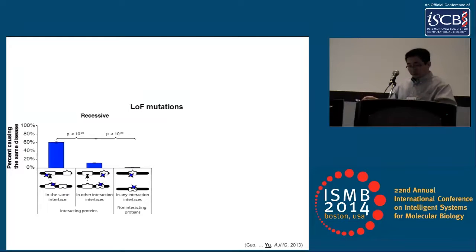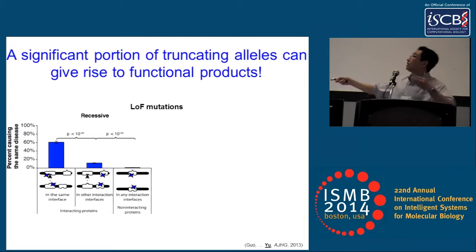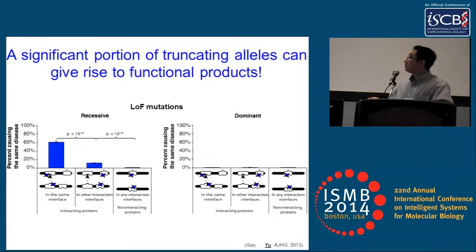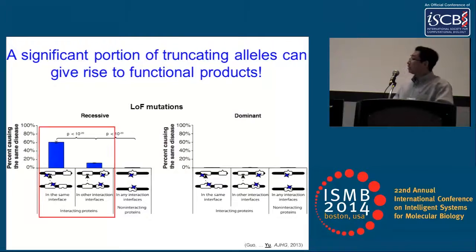And that is very surprising, because what this means is that there is a significant portion of truncating alleles that can actually give rise to functional products, right? And so that's contradictory to the common belief. And if we look at the dominant ones, that's not surprising, because guilt by association doesn't apply to dominant. But if you were me, I think you would still be very puzzled by this